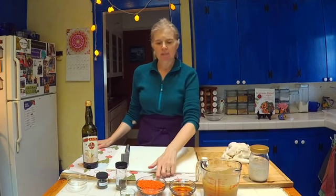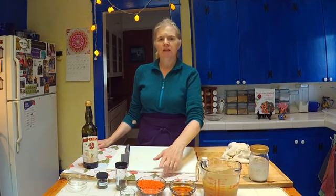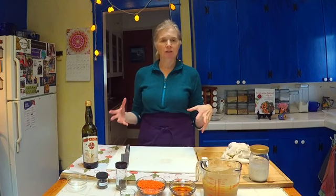And then a cup of red lentils, which I'm going to rinse and drain before I put in there. If you're not sensitive to tamari or soy sauce or Bragg's or coconut aminos, up to 1.5 tablespoons. I don't really use that anymore because it is a migraine trigger for me. One bay leaf,